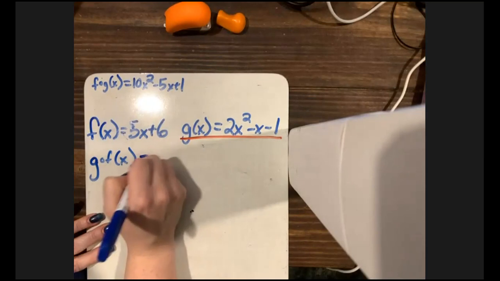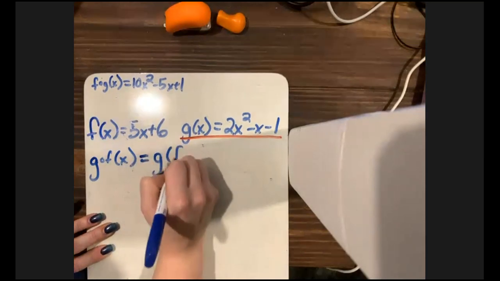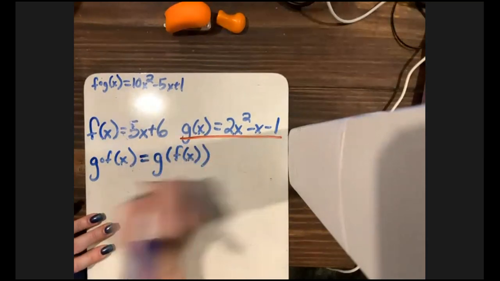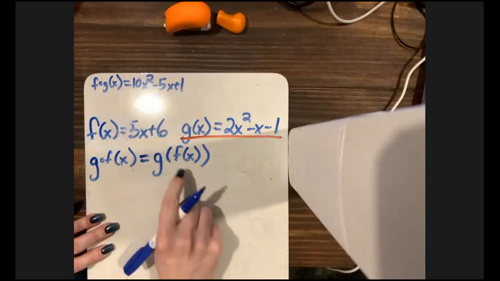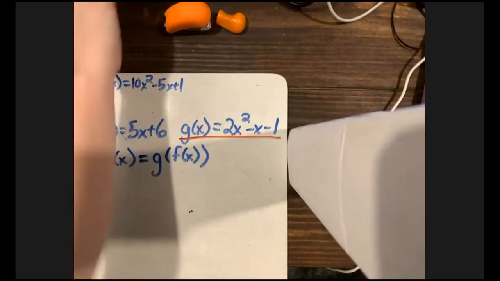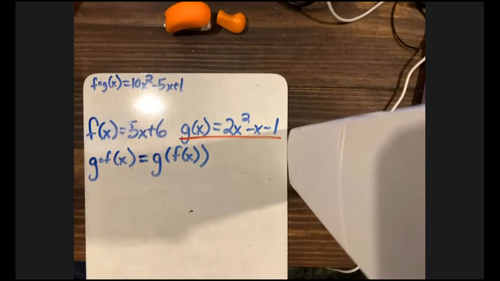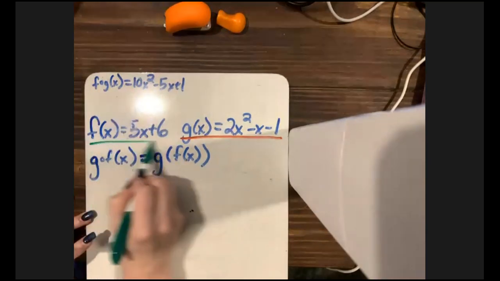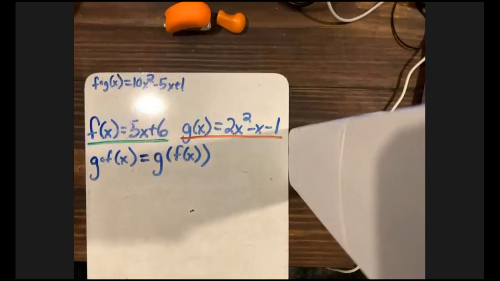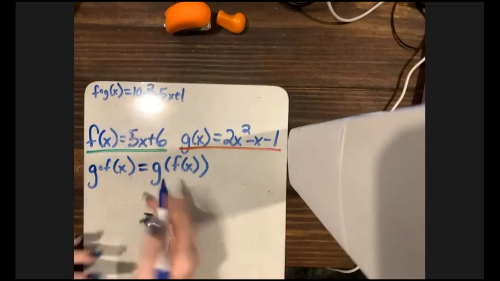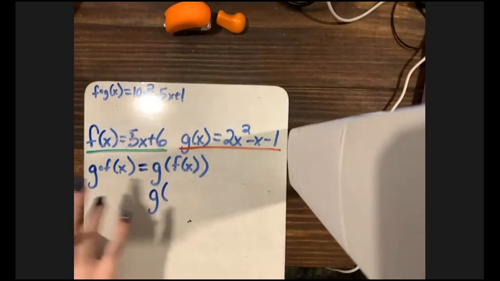Same game. First thing is I'm going to switch out from that little dot to that set of parentheses. I'm going to again use some color here to help me out. So I've got f of x here in green. So I'm going to do g of